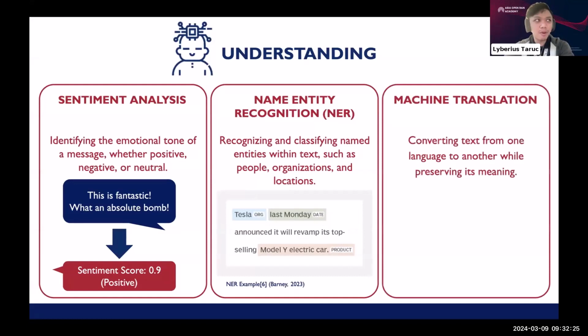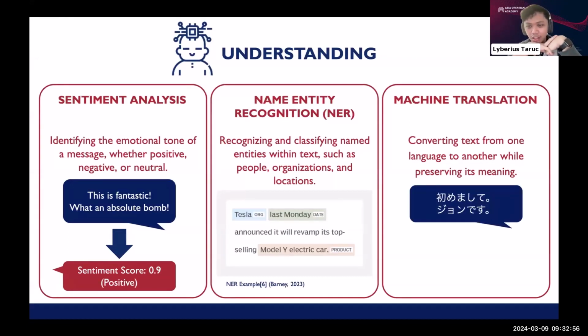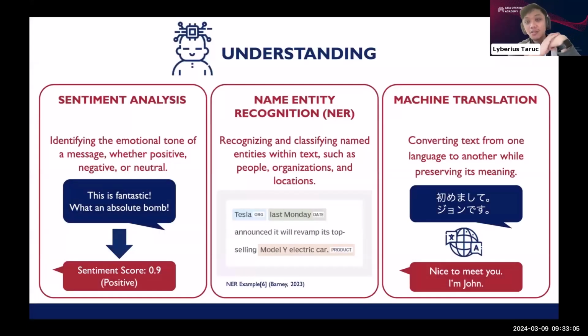And finally, we have the more obvious one, machine translation. This is converting text from one language to another while preserving its meaning. One thing fascinating about human language is that there is definitely more than one way you can express something, and all the more if you try to express it in a different language, right? So in NLP, machine translation ensures that, say, I try to speak Japanese, "Hajime mashite, John desu yo." The machine is able to properly translate it into English and say that, "Nice to meet you, my name is